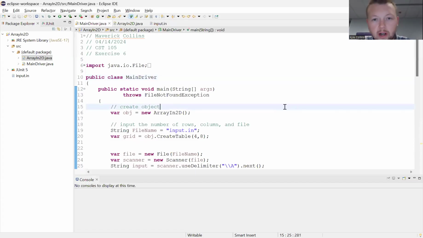This is my submission for exercise 6, CST-105. We are tasked with building a class that would encrypt a file input. It would first put it into a 2D array. I'm not even sure why we had to do that, because the assignment didn't want us to output this 2D